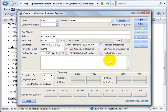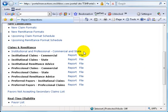I'll close out of here, go back to the report here, to look at the back of the insurance card and use that to cross-reference in this report. So like